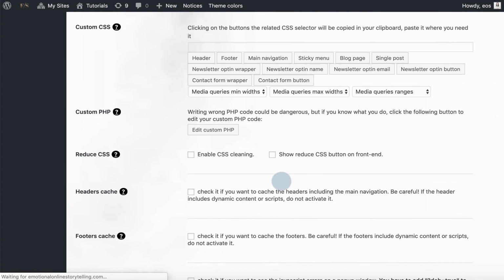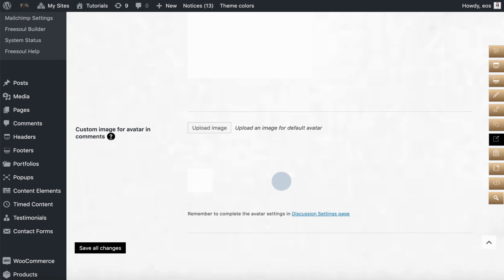And this is already everything in the blog section of the theme